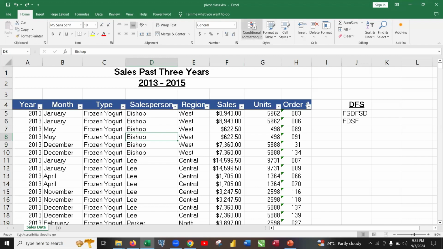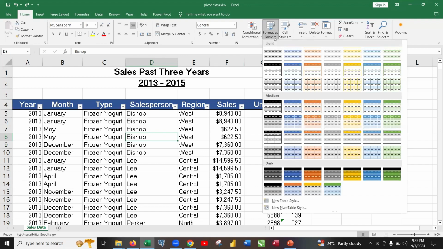From the style group, you will see an option, format as table. Click on the arrow. Whenever you see an arrow like that, it means a drop down will appear. That drop down will show me different styles. Any style you choose is okay. Assuming I choose this one,